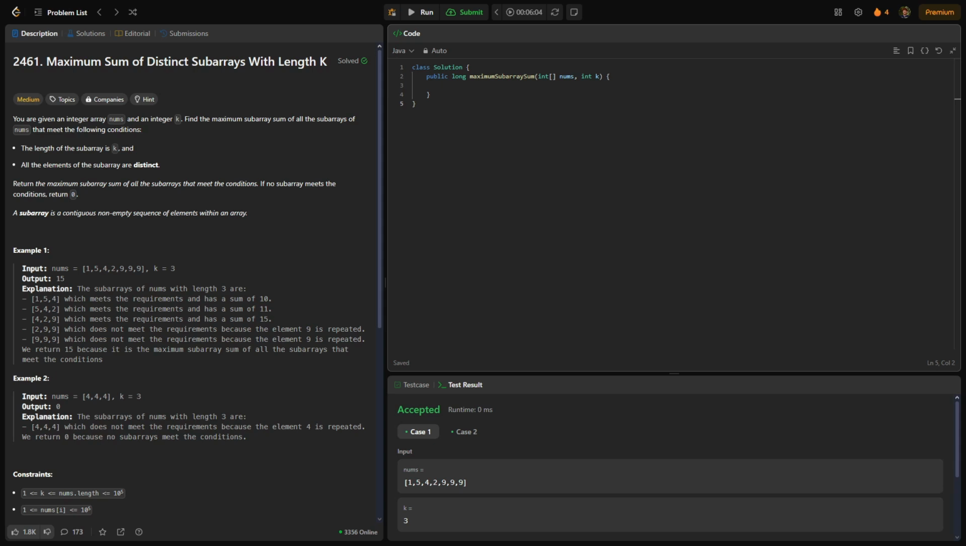Today's daily code problem of the day is Maximum Sum of Distinct Subarrays With Length K, number 2461. For this problem, we are given an integer array nums and an integer k. For the maximum subarray of all the subarrays of nums, they have to meet the following conditions. The subarray has to be the length